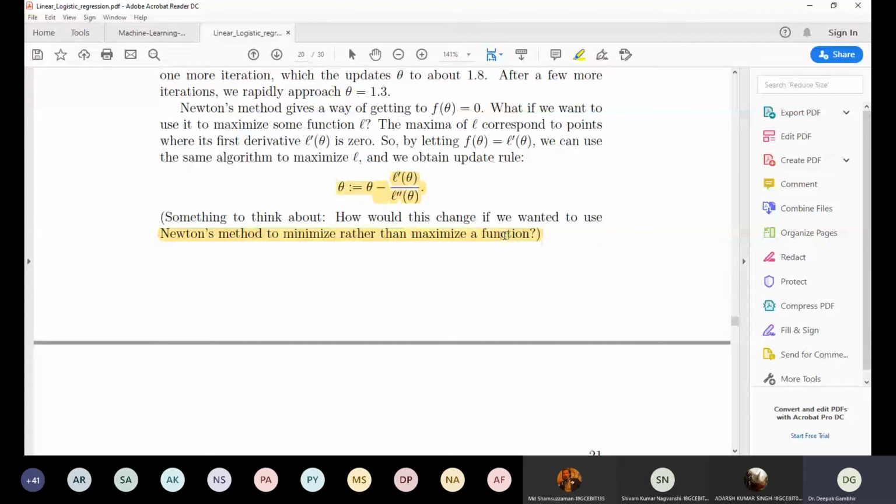Suppose it's a binary function, so the minimum is if it has a value between 0 and 1. If I say minimize, it means its value is minimum from 0 to 1. Or if I say maximize, then the same minimum can be used: 1 minus that minimum value would be the maximum. That is one and the same thing. Either we take maximum or we take minimum, as per the need.